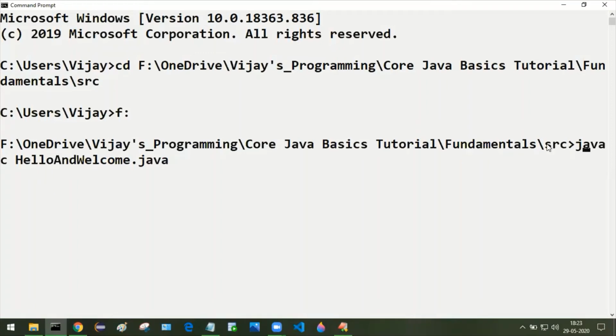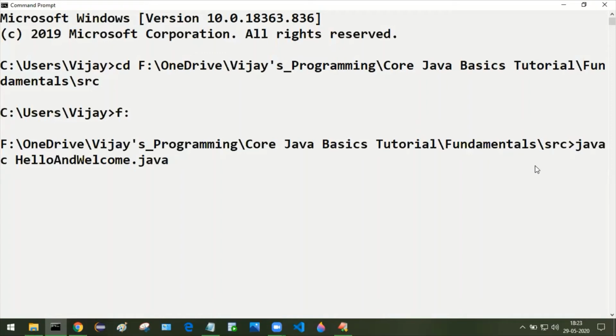In whichever folder we trigger this command, the dot class file will be generated in that folder only. Our basic intention is to keep the dot class files and dot java files separately. That is why we are using the -d option and double dot forward slash classes.